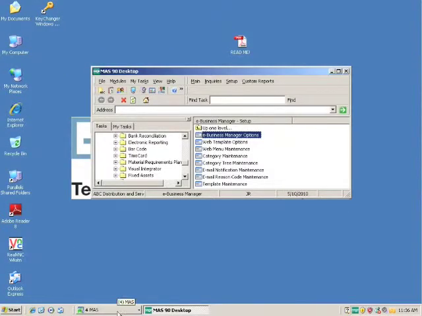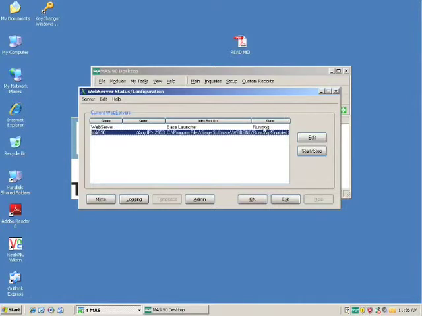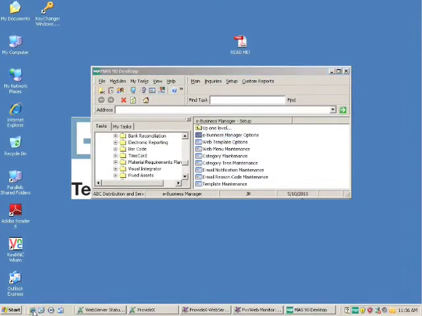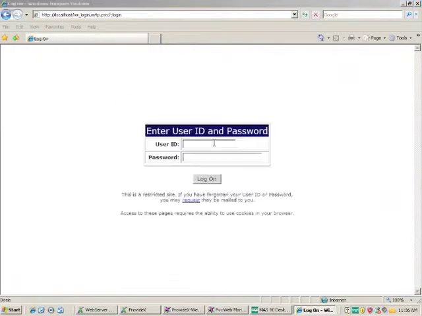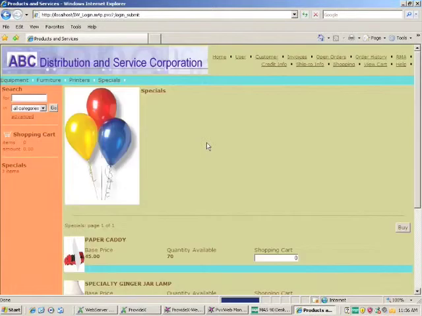And to show you what that did, now if I'm changing things on the website, I have to shut the web server down and start it back up again so it'll recognize those changes. So I'll stop the web server, and now that they're stopped, I'll just start them up again. And all this is doing is picking up any changes that I might have made back in my eBusiness Manager configuration. Now I'll go to my website, and we'll go log into the web store, and we should see that it's picked up the Southwest look and